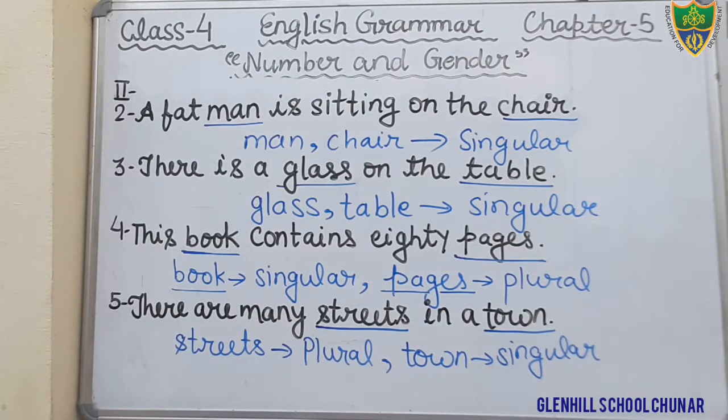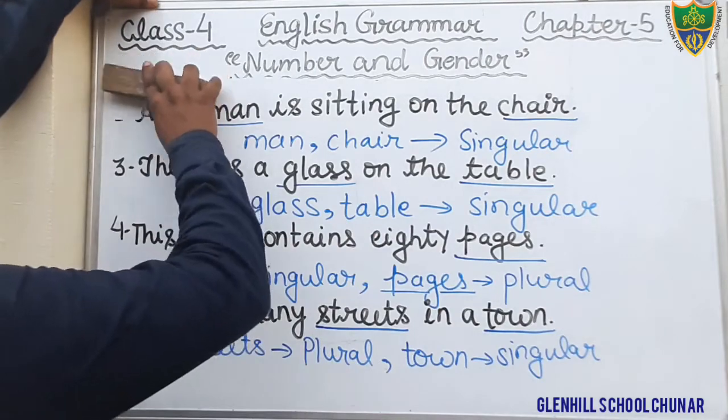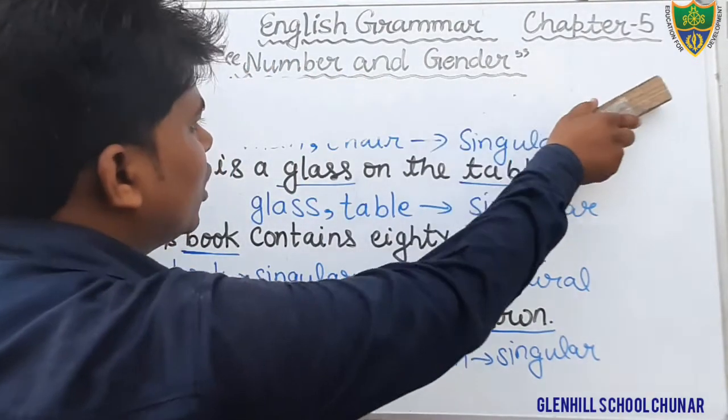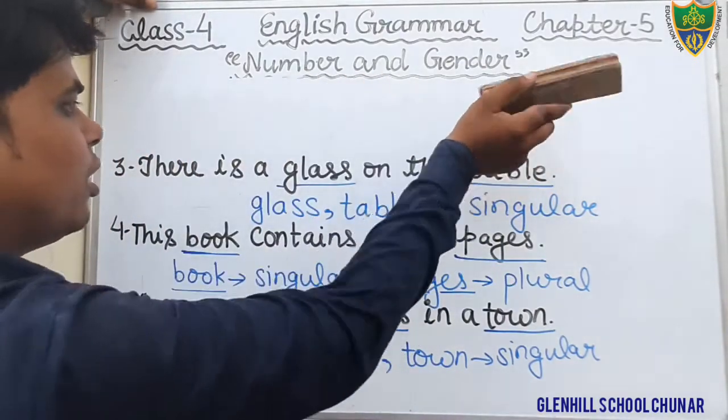In the book, in the given space, you will write in such a way that you could fill in that blank. Okay, I hope that you all have understood what you have to do. You have to first recognize the noun, then you have to tell the number. Okay? Last question of this exercise.